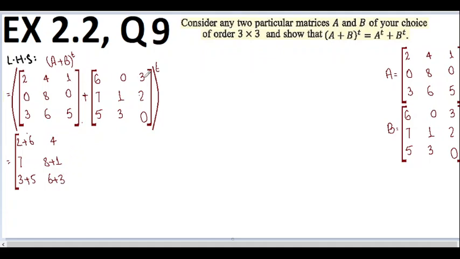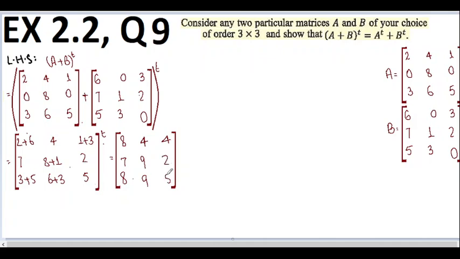Then the next element, the corresponding element of 3 is 1, so 3 plus 1. Then 0 plus 2 gives us 2, and then 5 plus 0 gives us 5. And never forget to put the transpose sign over its head. And now we are going to write down its result in this matrix. So it has 2 plus 6, which gives us 8, then 7 as it is, and then 3 plus 5 gives us again 8, 4 as it is, 8 plus 1 gives us 9, 6 plus 3 again gives us 9, 1 plus 3 gives us 4, 2 is written as it is, and 5 also as it is, and the small t also over here.